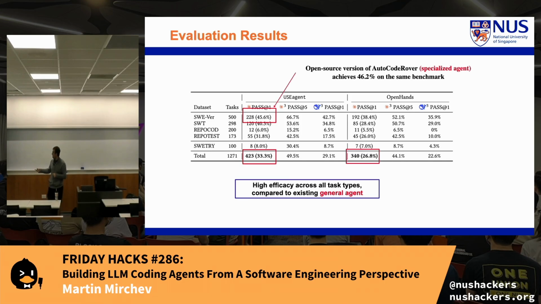Now, comparing them, we see a significant difference once we use our agent, because again, we have a system that's very much specialized towards being a good software engineer compared to a general system that just has these capabilities to interact with the software, with the code base. So we see a lot better benefits. And this happens, of course, across different sorts of agents, different sorts of setups. Our main model for this work was Anthropic's Claude Sonnet. It's really still quite state of the art when it comes to software engineering tasks. And we also used, I think, DeepSeek V3, because that was one of the newer models at that time.